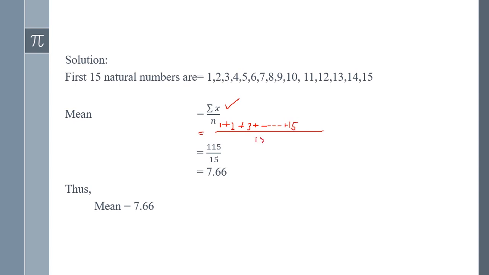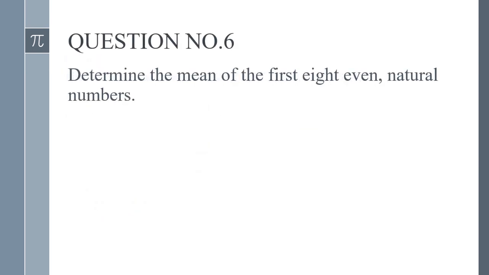divided by 15. So when we sum these values up, we get 115, and when 115 is divided by 15, why 15? Because we have a total of 15 natural numbers. So in that case, n is 15. When we divide both these values, we get 7.66, and thus we have a mean of 7.66. Here we are done with question number 4. Now moving towards question number